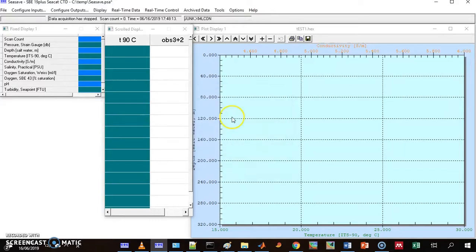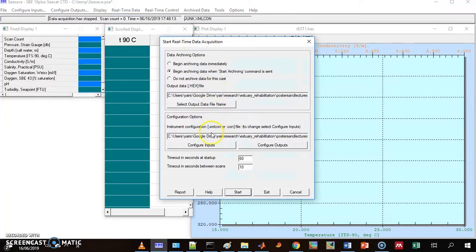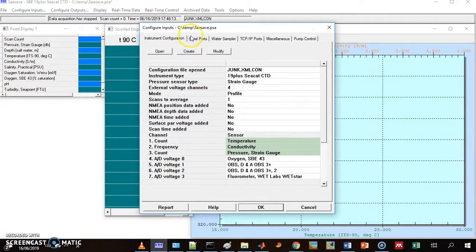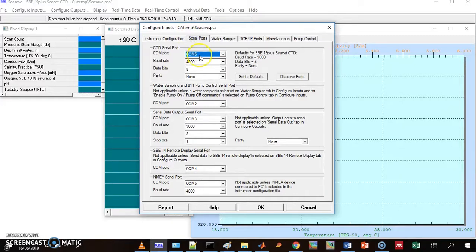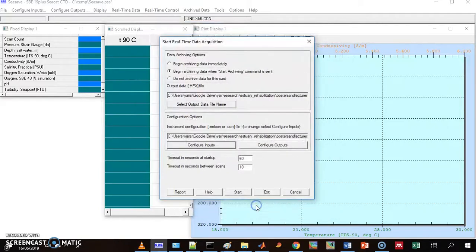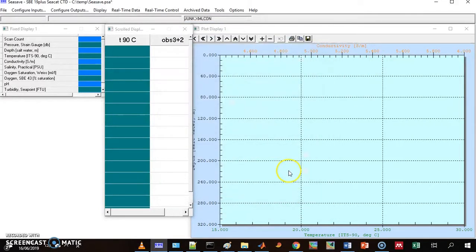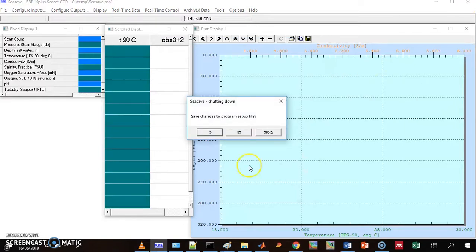So I cancel and I go to real-time data, start, and I have a look at the configuration. And I'm using COM5 on a baud rate of 4,800. If I have communication problem, the first thing I do